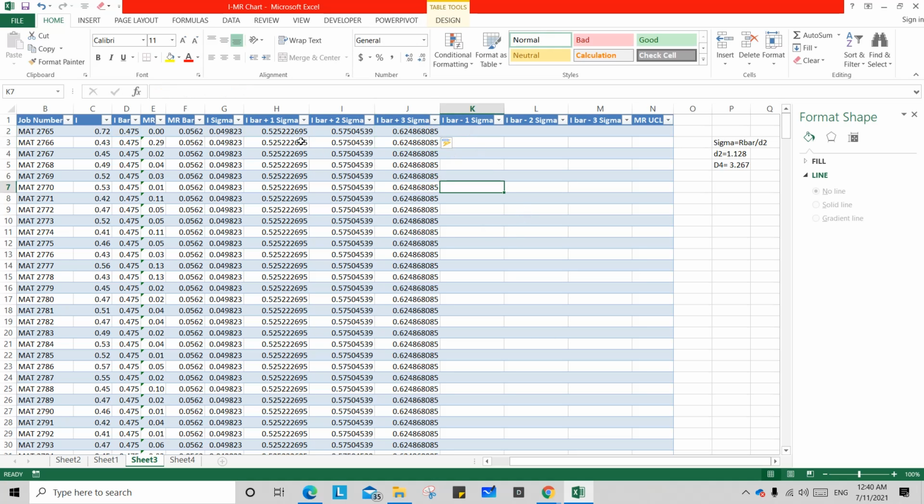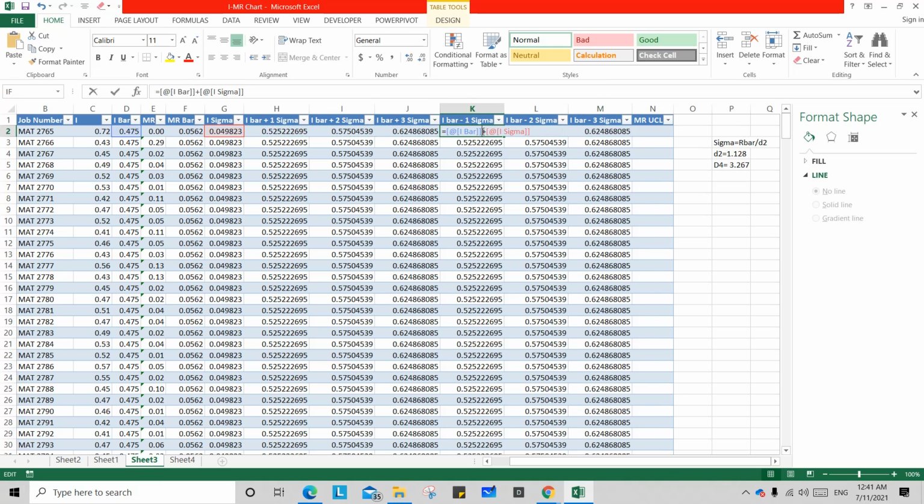Okay. Now we need to calculate the lower part of the graph. For that, we need to change the operator, because we are calculating the negative part of this, lower part, which means lower control limit. So we need to calculate this as,